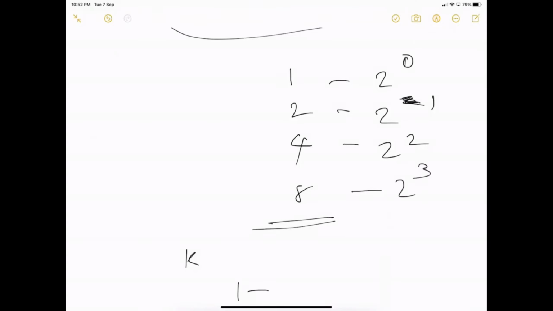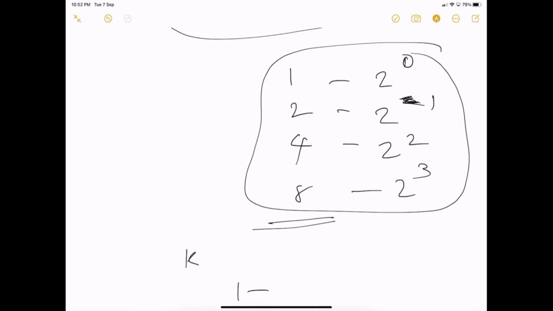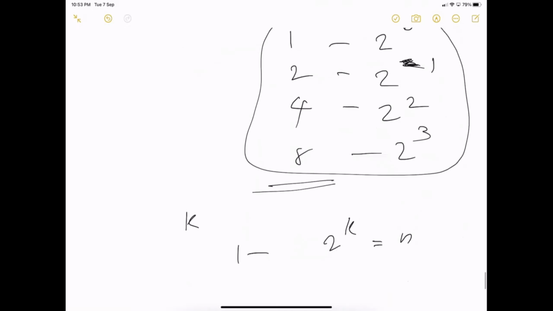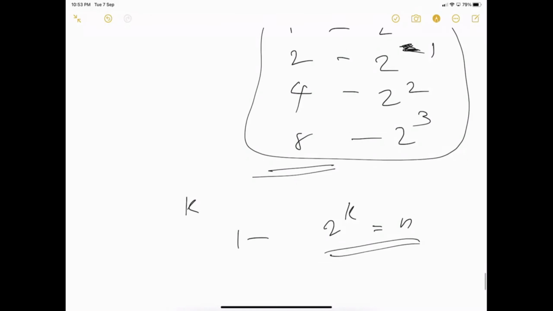People who are not from a mathematics background, excuse me for just a few minutes. People who are from a mathematical background know these things, right? So whatever I have mentioned is correct, right? So 2 raised to 0 is 1, 2 raised to 1 is 2, 2 raised to 2 is 4. Like that, you can write. If you have k steps, then in the kth step, 2 raised to k equals n. So definitely your result is going to be less than n.